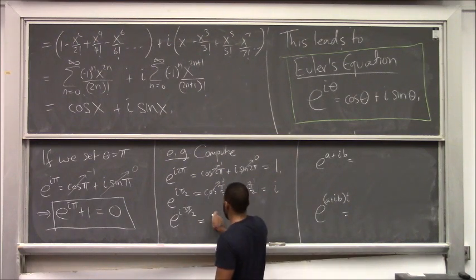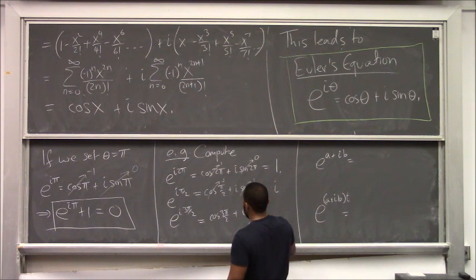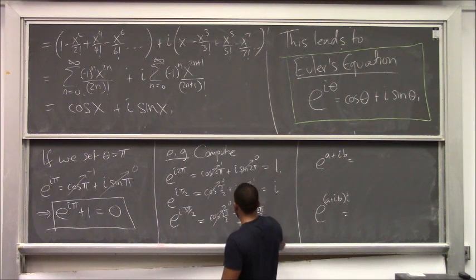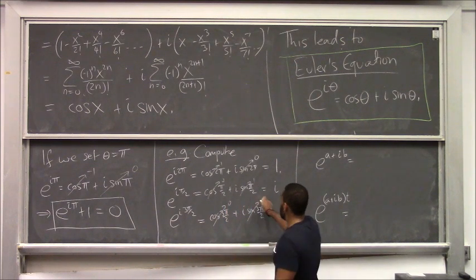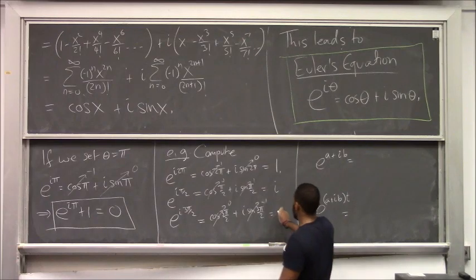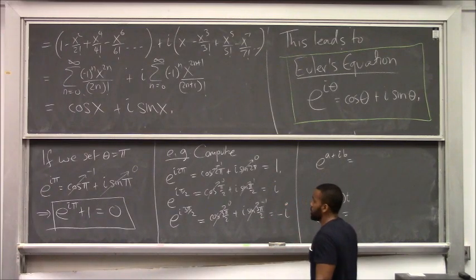e to the i 3 pi over 2 is cosine of 3 pi over 2 plus i sine of 3 pi over 2. Cosine of 3 pi over 2 is 0. Sine of 3 pi over 2 is minus 1. And so that gives you minus i. So notice that